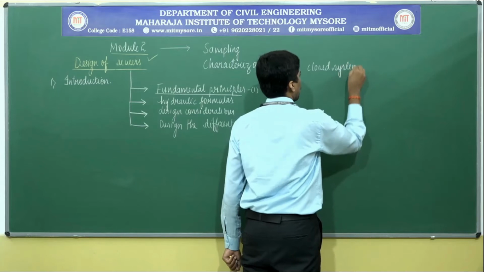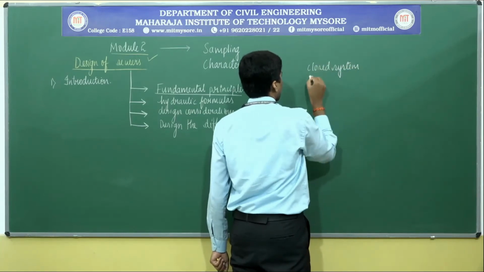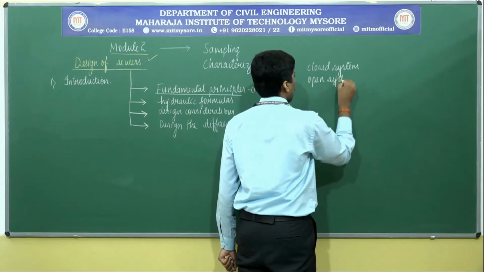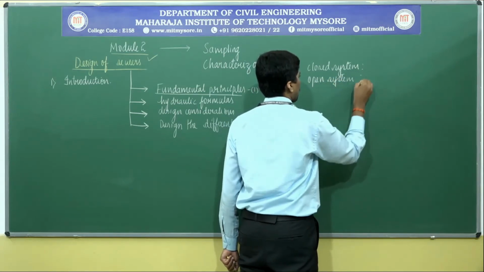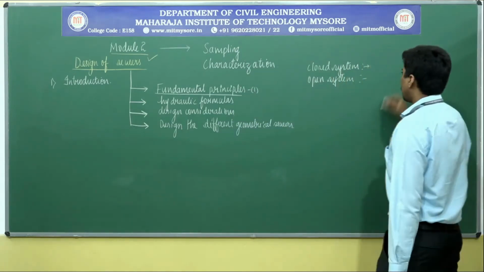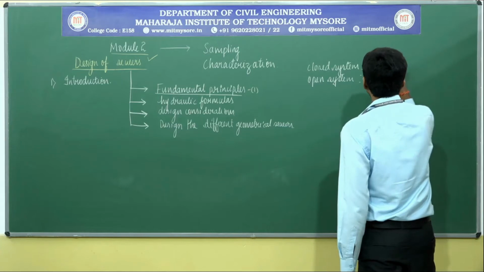We also have 2 types, what we call a closed system as well as an open type of system. What is meant by a closed type of system? Closed type of system means they are particularly either rectangular